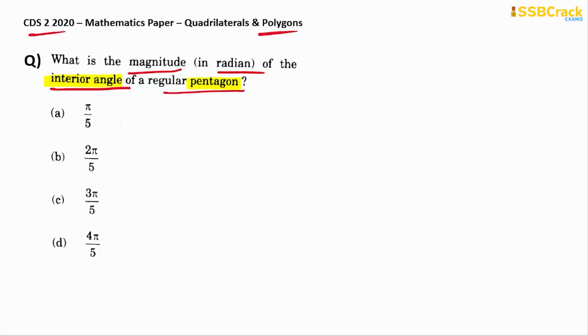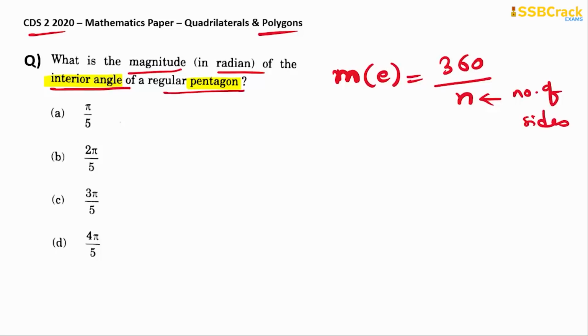So we know very well one of the formulas, that the measure of the exterior angle is equal to 360 upon n. This M here stands for measure. Okay, don't get confused. And what is this n? It's the number of sides in the polygon. So we know that the measure of each exterior angle we find by this formula. So it's 360 by 5, since a pentagon means divide by 5. So 5 7s are 35, 5 2s are 10. So 72 degrees is the measure of the exterior angle.